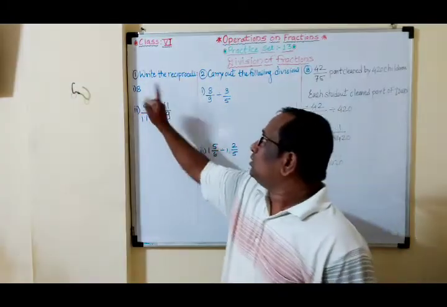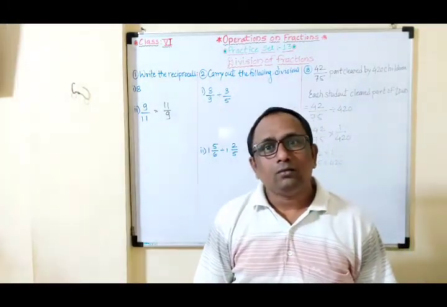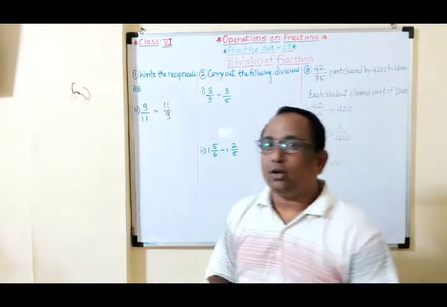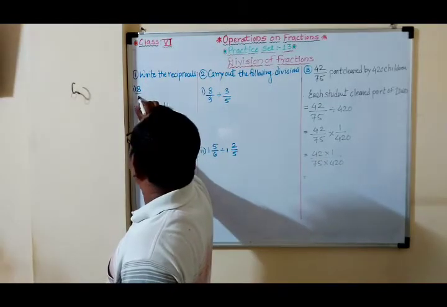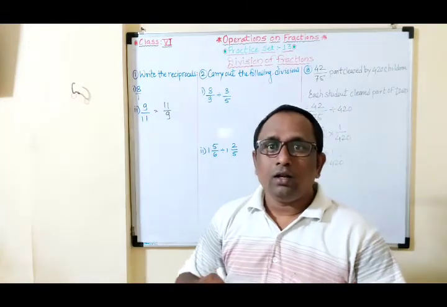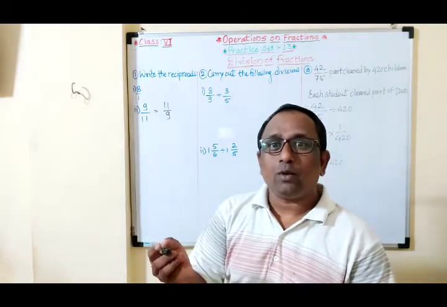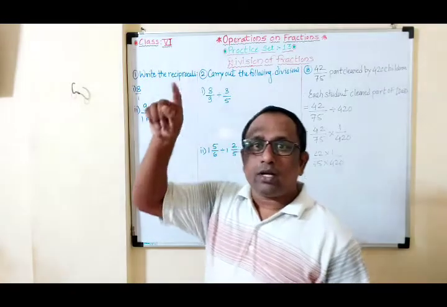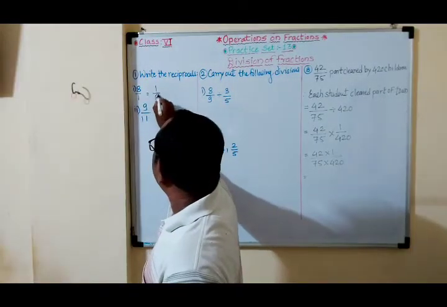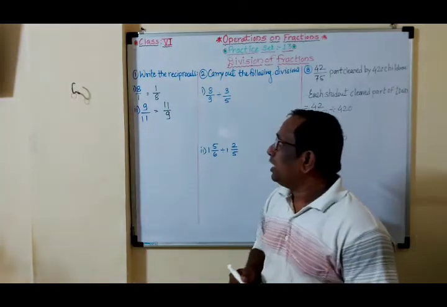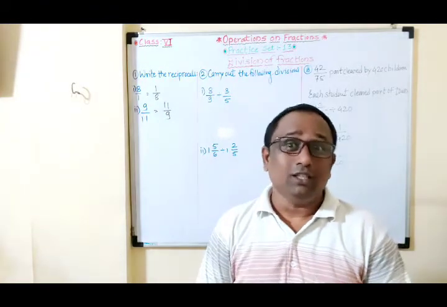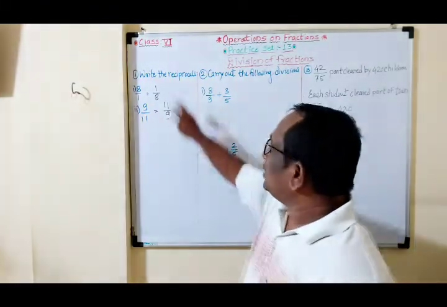Now here, in the first there is only 8. Okay, no denominator, but I told you when there is no denominator, then there is always a denominator, that is 1. So now 8 upon 1, the reciprocal or multiplicative inverse of 8 upon 1 is, the denominator becomes the numerator and the numerator becomes the denominator, so 1 upon 8. The reciprocal of 8 is 1 upon 8, and the reciprocal of 0 is given in the notes. Just read the notes. Now this way you have to solve.